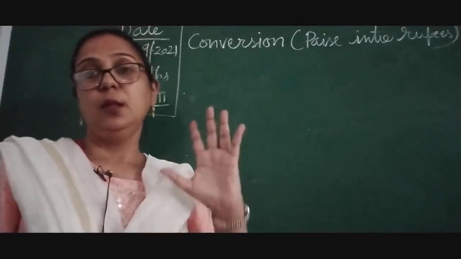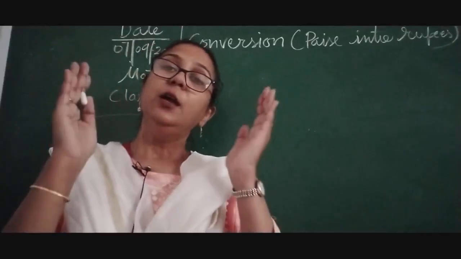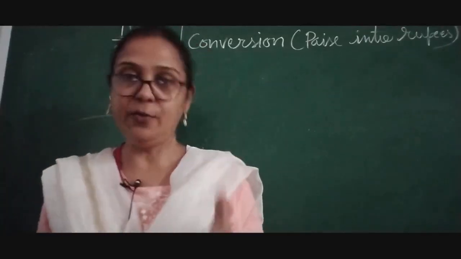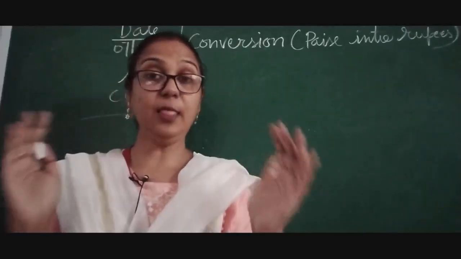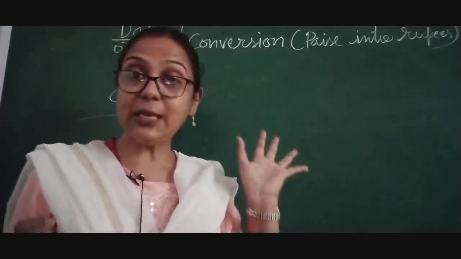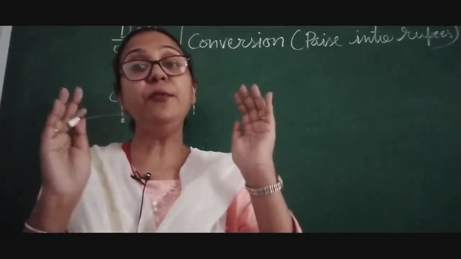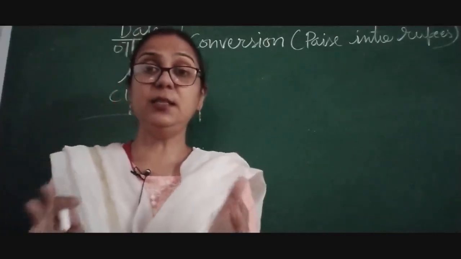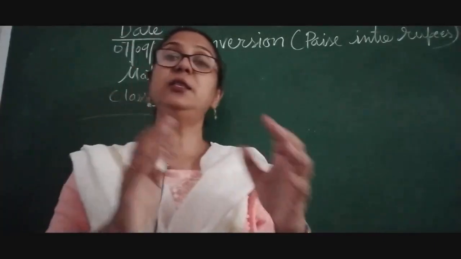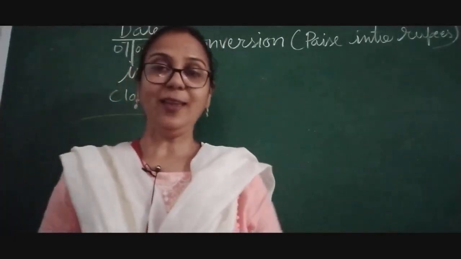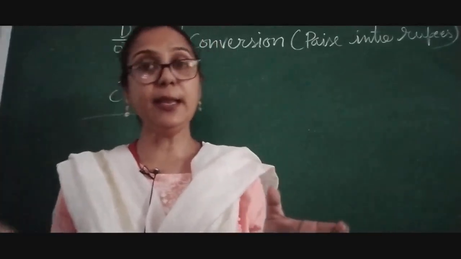We all know that ones, tens and 100. All is clear to you. Okay, so first of all, when the paise is given, we will see first. Suppose if it is written 900, we will see this digit and we will divide it into ones, tens and 100. First we are going to separate the digit into ones and tens.